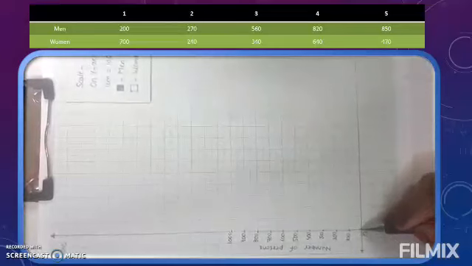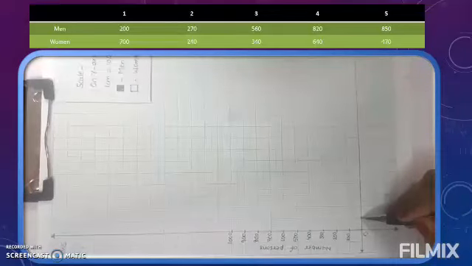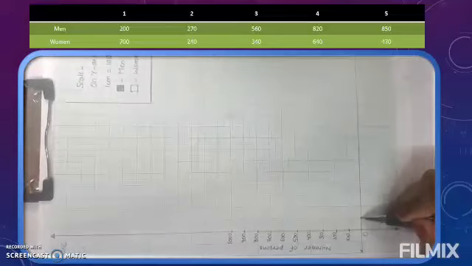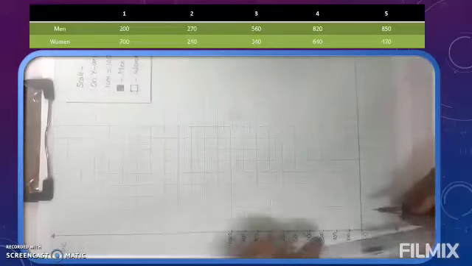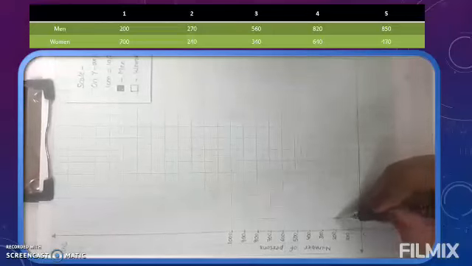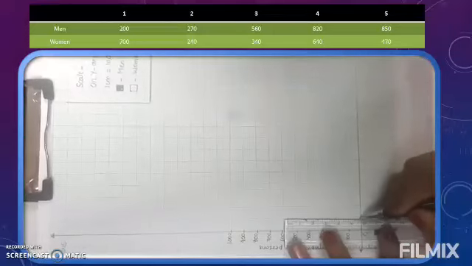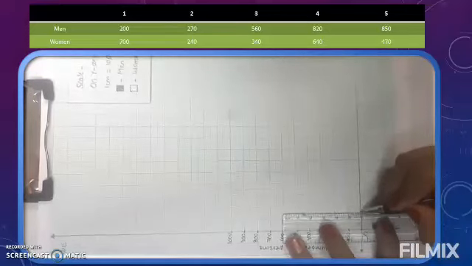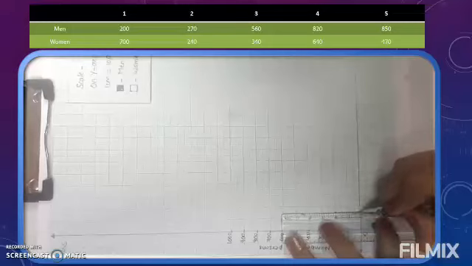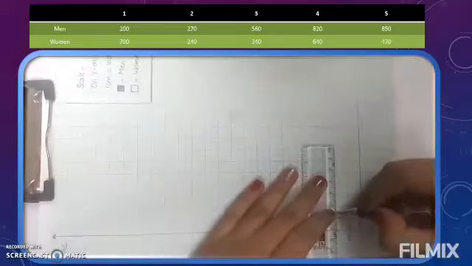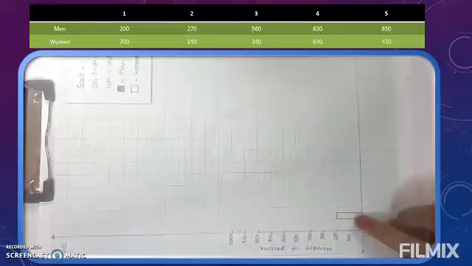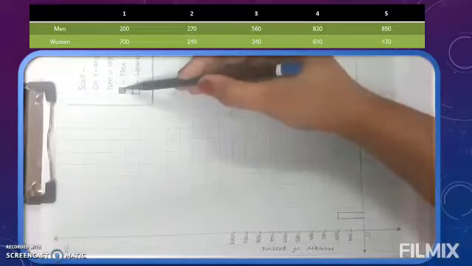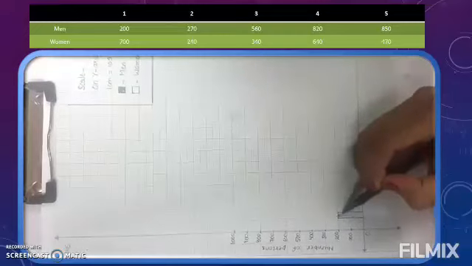Now as I said, after the y-axis, whatever darker green line is, we will start from there. First is booth number 1. There 200 men came and cast their vote. So 200, all are able to see clearly. So till this we will plot a line. Clear? Then whatever fifth line we have, that also we will extend till 200. Then join both the lines. Now this 200 is information about men. Man means we have to shade it, we have to darken it. So we will shade this bar.